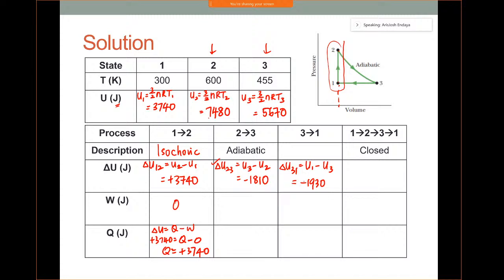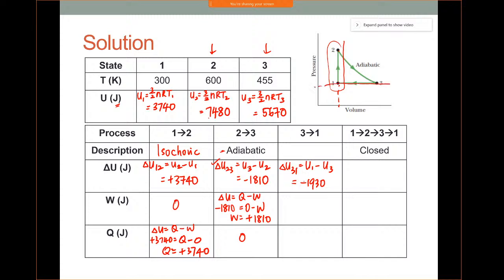Okay, so given 2 to 3 is an adiabatic process, it means Q equals 0. So we can find our work done from the first law of thermodynamics. Work done is positive 1810. Okay, so 3 to 1